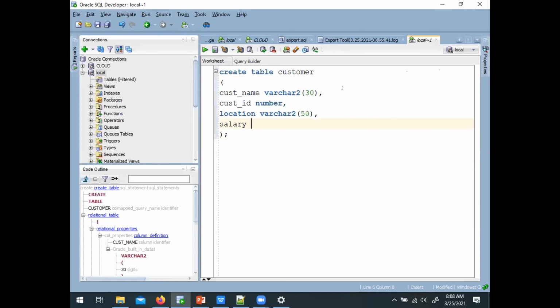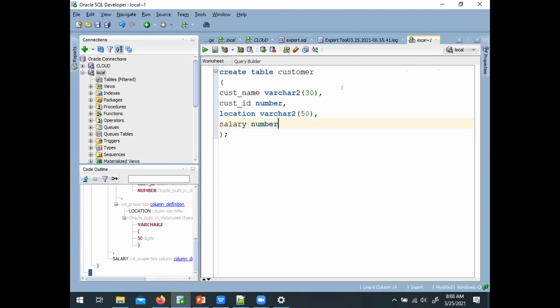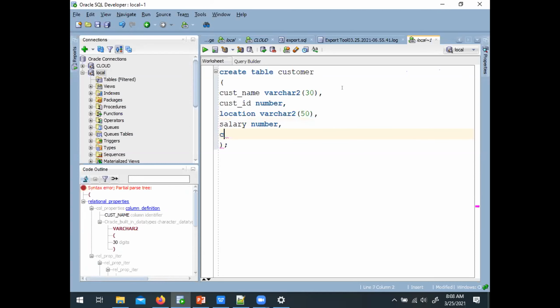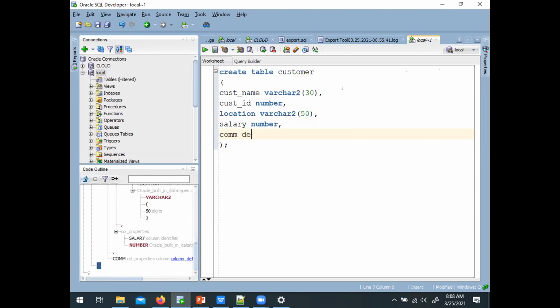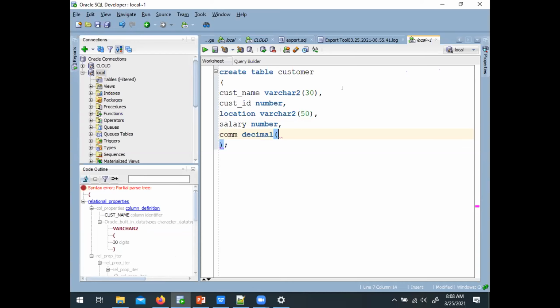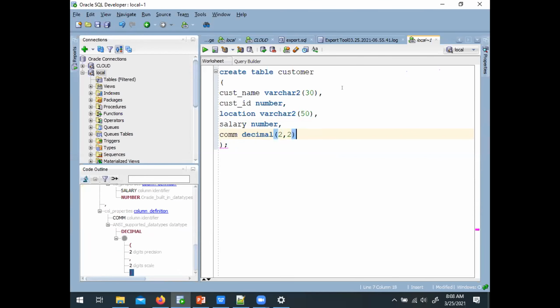Salary number. Okay, is getting some commission. So commission, it is going to be a decimal. So for easy understanding of all the data types, I'm going to say he's going to have a decimal data type of 2, let's say 2, out of this 2 should be the entire length of the column. So decimal of